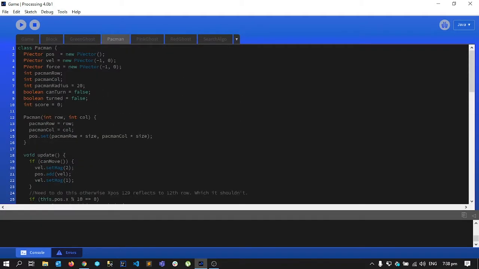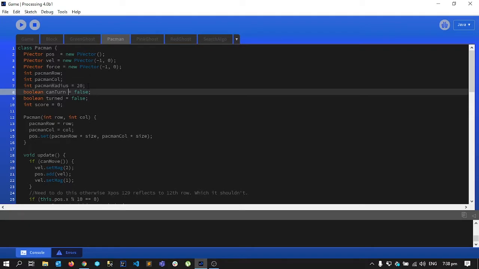So the Pac-Man has knowledge of its position in pixels, as well as the row and columns in the grid that I have already shown you earlier. Then there are some extra variables that I used before I added the pictures for Pac-Man and other ghosts.